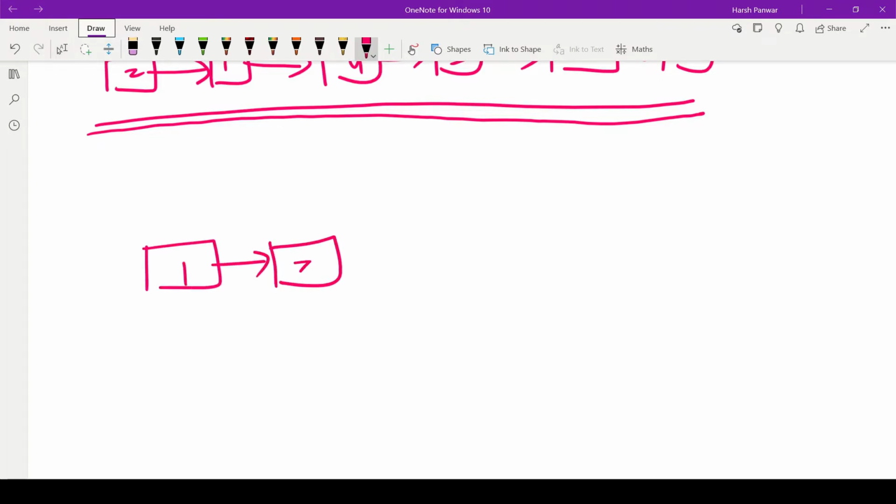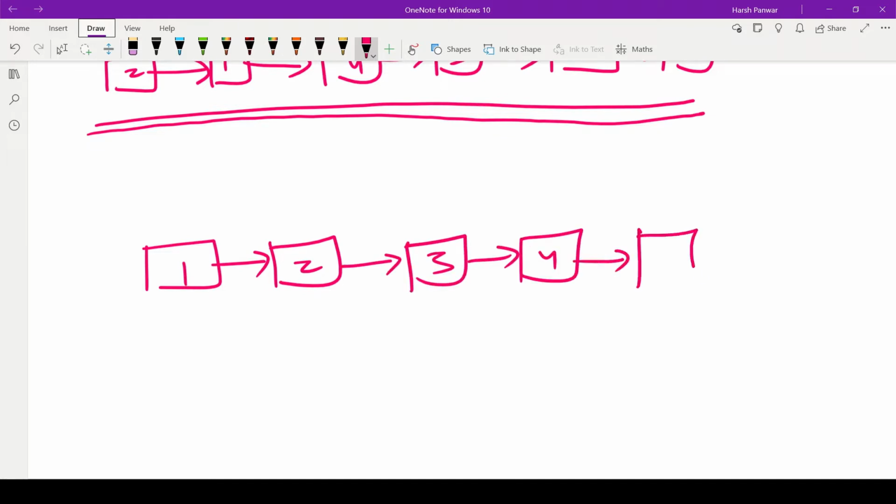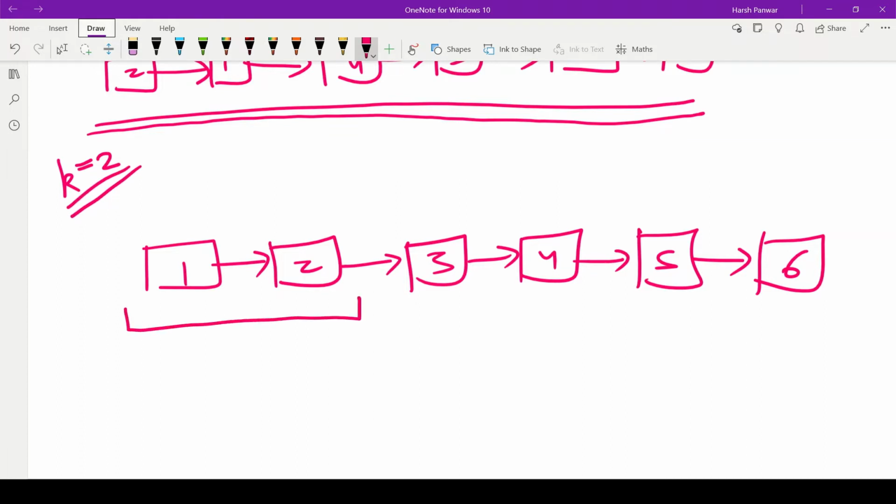So starting 1, 2, 3, 4, 5 and 6. So what approach we'll follow is, whatever the value of k is, now in this case k is equal to 2, so what we'll do is, for the first k nodes, these are the first k nodes, for the first k nodes we will follow the iterative approach of reversing a linked list. I have already made a video on reversing a linked list in an iterative manner, so please go watch that out. So first k nodes will be reversed in an iterative manner,